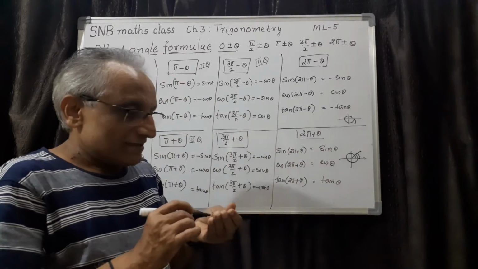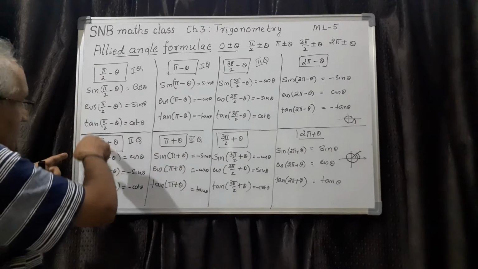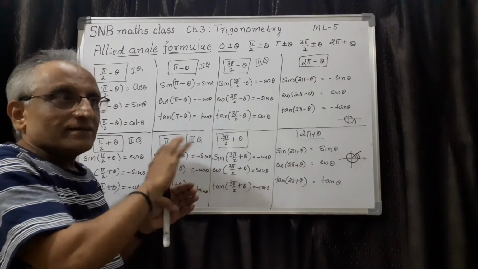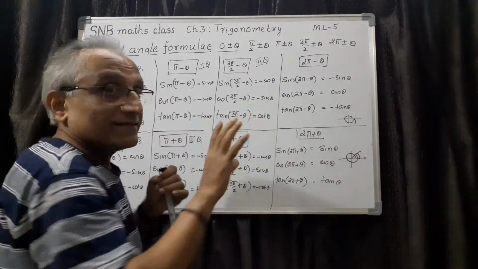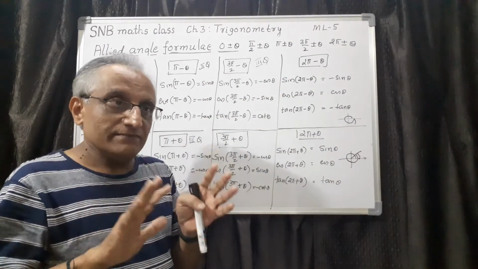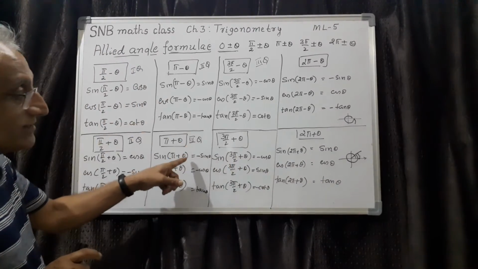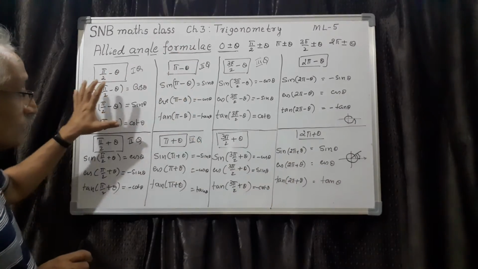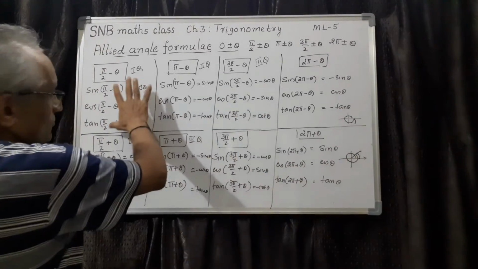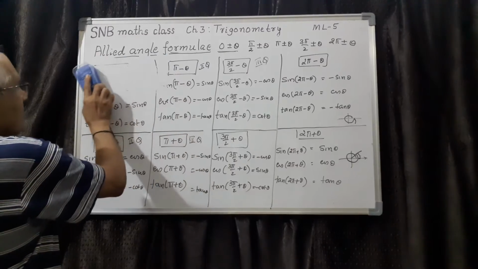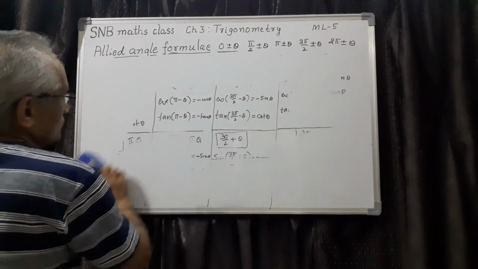So all are positive. Therefore let me summarize once again. The rule is this. For the pi by 2 and 3 pi by 2 combination, the ratio changes. That's one thing. Then for pi and 2 pi, the ratio does not change. The ratio will be the same: sin, cos, tan. Then the sign rule you have to decide based on the quadrant. First quadrant, sin is positive; second quadrant, and so on. So we can remember, you need not worry now. I will remove the entire thing, totally 24 formulas. Don't worry. Any formula we can write if we remember these two rules.